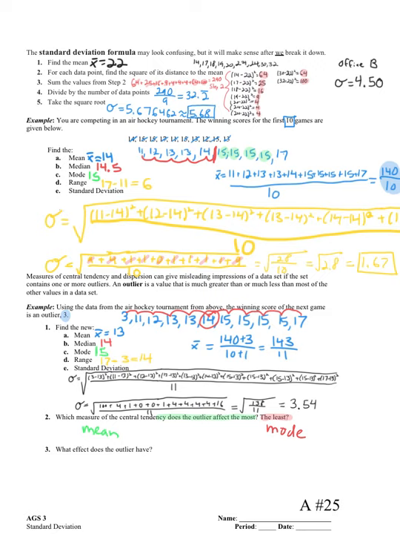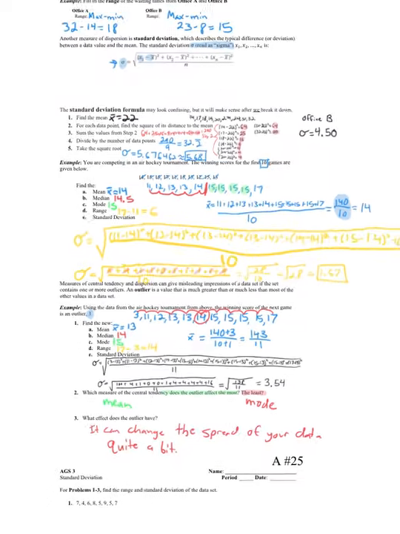And what effect does the outlier have? It changes the mean, and it changes the standard deviation of the data quite substantially. So it can change the spread of your data quite a bit. All right, that's the idea for outliers there. Okay, so that covers everything for today. Tomorrow we're going to talk a little bit more about exactly what the standard deviation is doing. So today is just more like